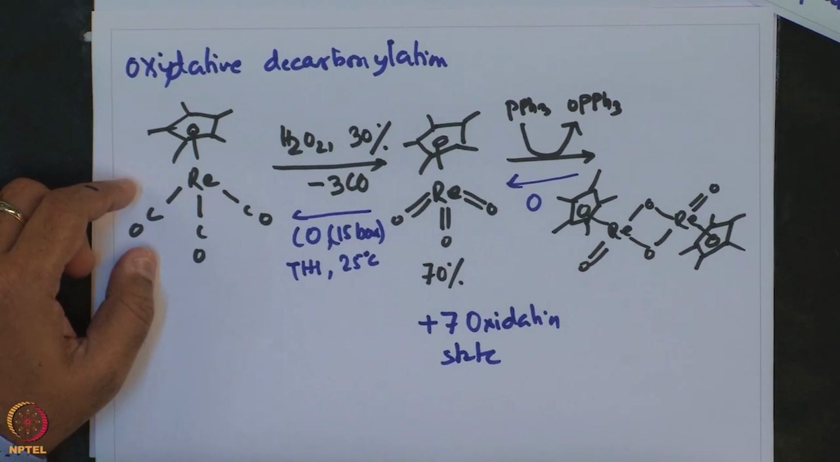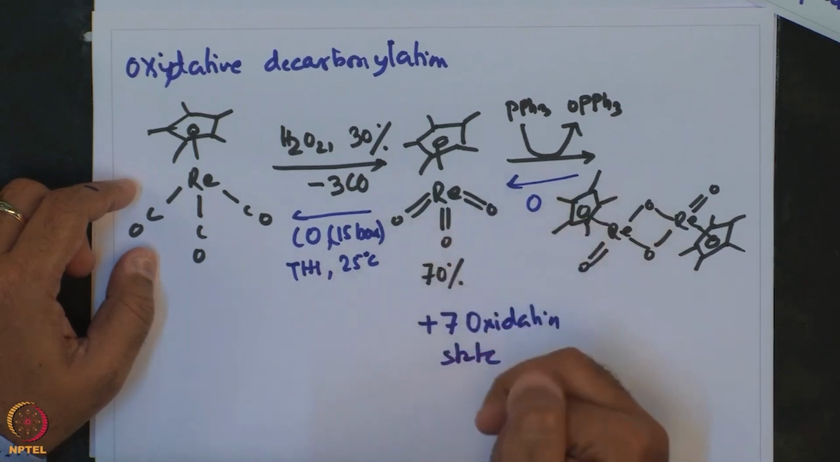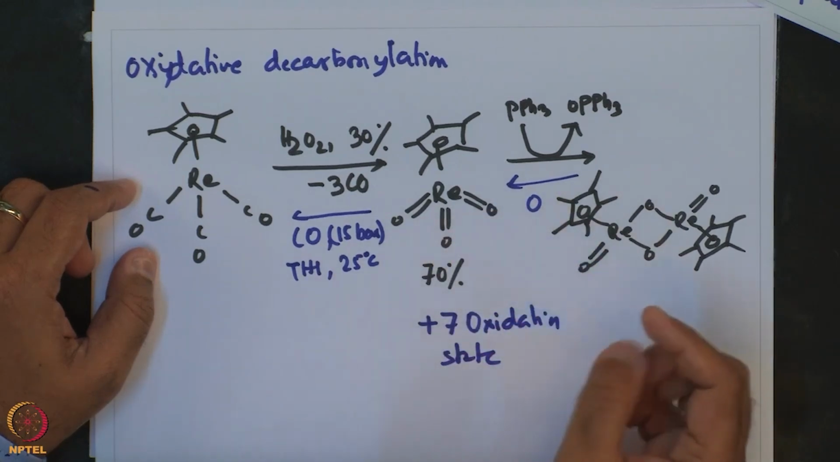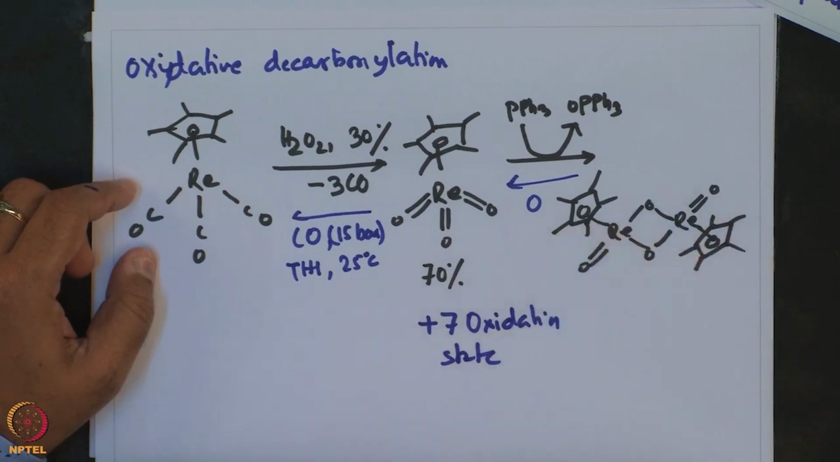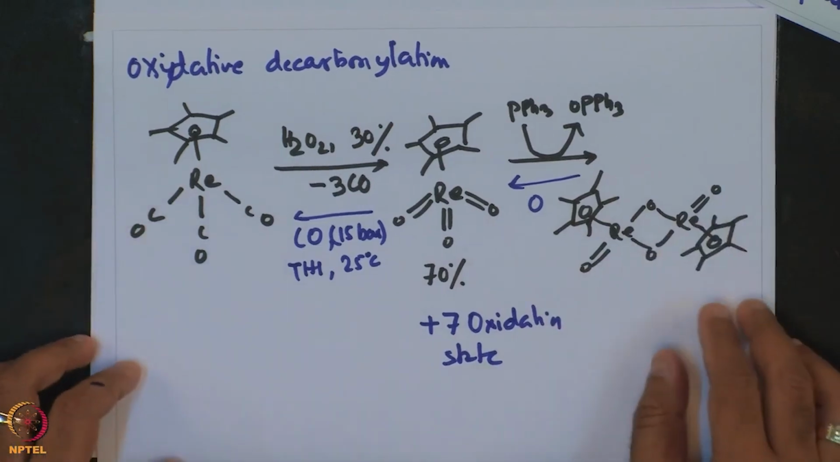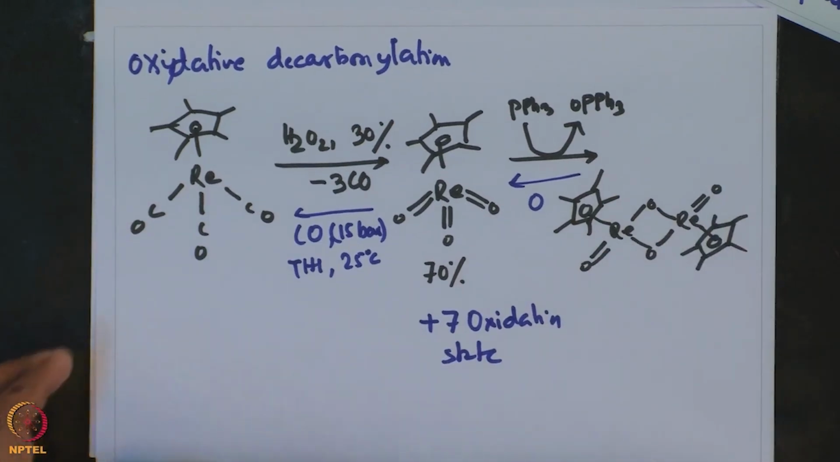Subsequent reaction of this trioxo Cp star compound with triphenyl phosphine would give this rhenium dinuclear compound with bridging oxo as well as terminal oxo, shown over here. So, with this we have covered the topic of Cp star transition metal carbonyl complexes, and we will move on to look at another interesting topic, which are Cp star